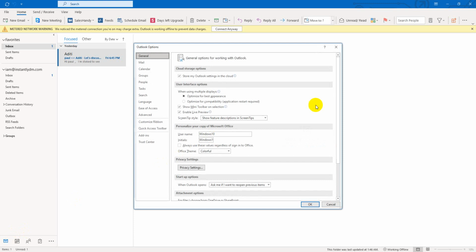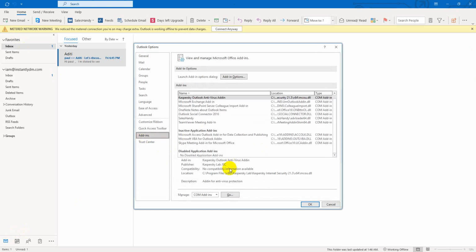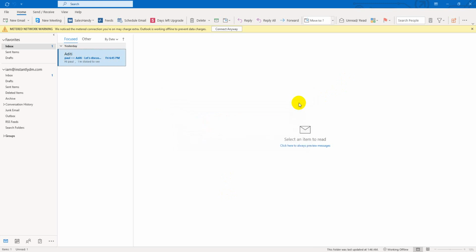Click option, then click add-in. So we need Sales Handy, then click go, then click select, then click OK. OK.